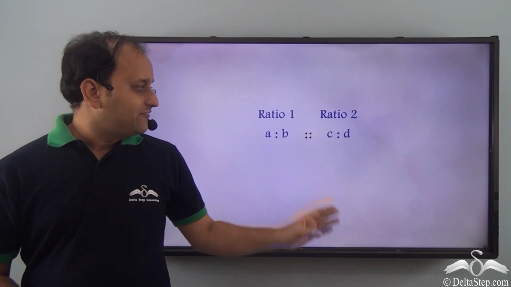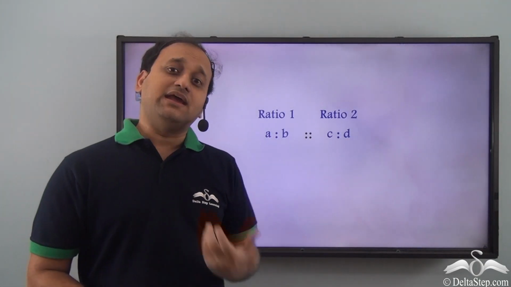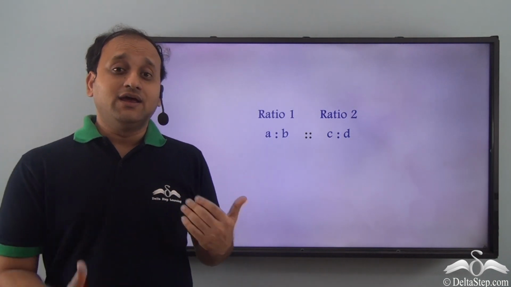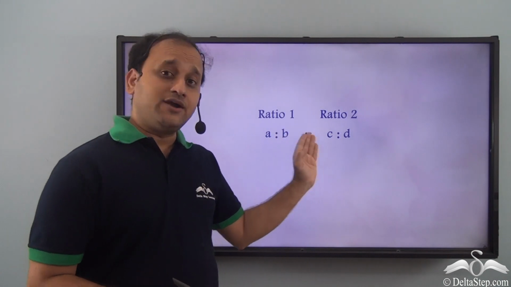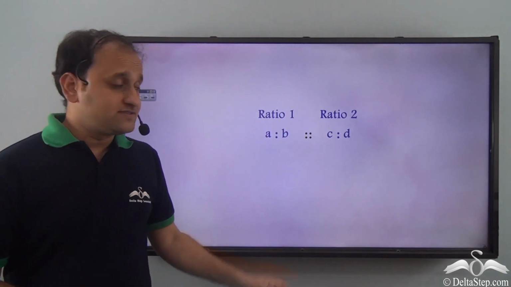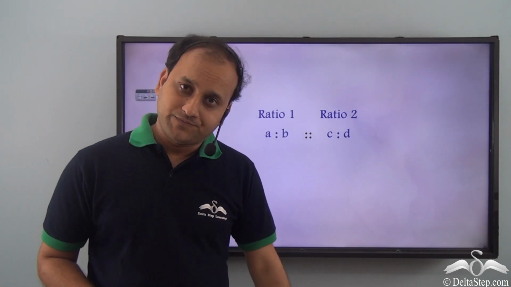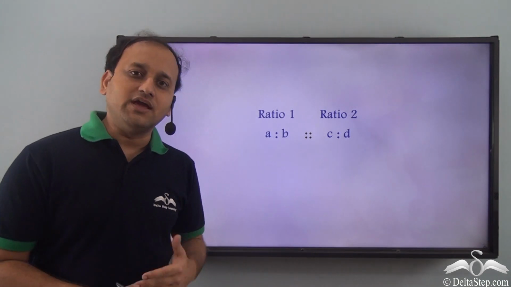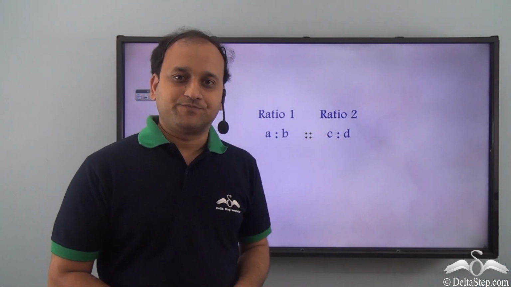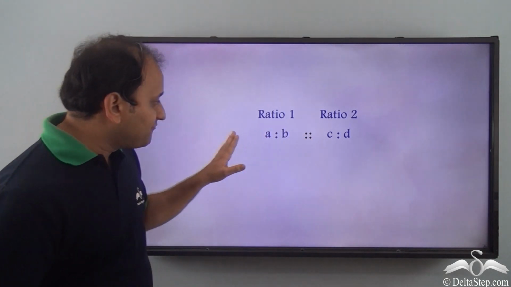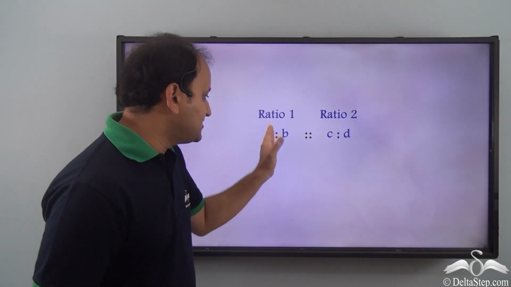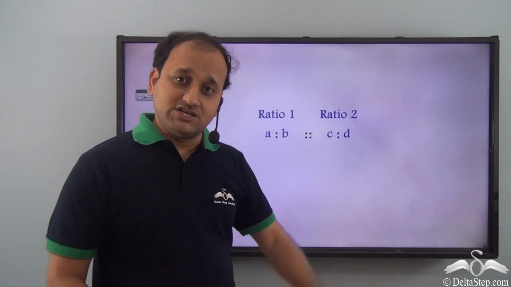We know that if we have such a proportion, it can be represented in different forms. So we know that we can apply invertendo and alternando properties on this relationship. Now let's see another property of this relationship, or another property of proportions. So we have this relationship here, A is to B is proportional to C is to D.